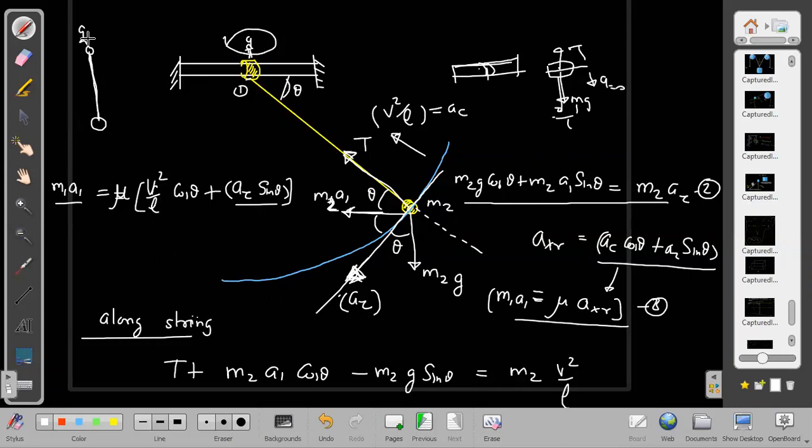So we are able to solve the question easily without having to worry about anything, because it was just an inertial frame in that case. In that frame, it was just moving in a circular path. So we were able to say tension upwards and m2g downwards. If they are asking tension, then tension minus m2g will be equal to m into v square by l. Understood? That question was very easy. No need to take pseudo forces, no need to write so many equations, just one simple equation and we get the answer.